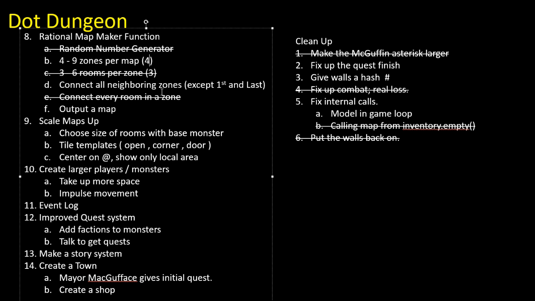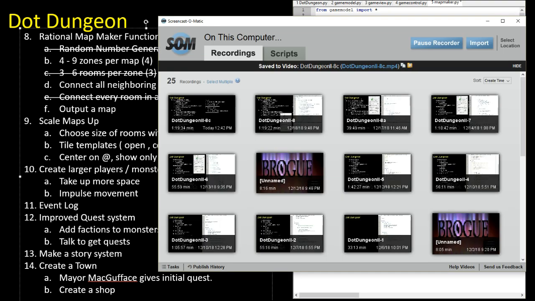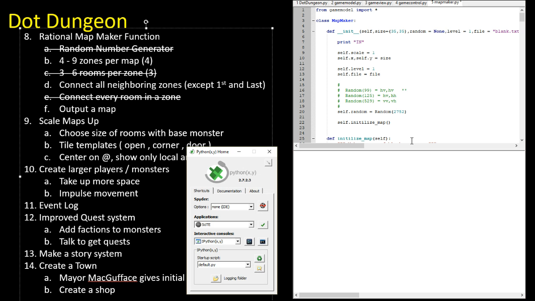So let's put 4 in there. That's what we'll just do here, just like we did 3 for the rooms per zone. Connect all neighboring zones and output a map. That will require some extra stuff. So, yep. Where is that? Okay, so